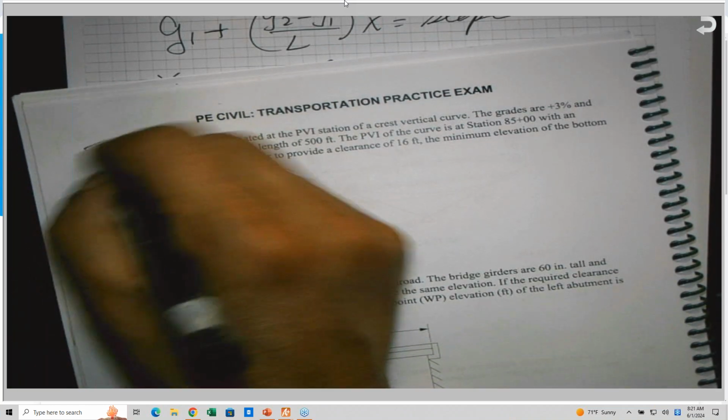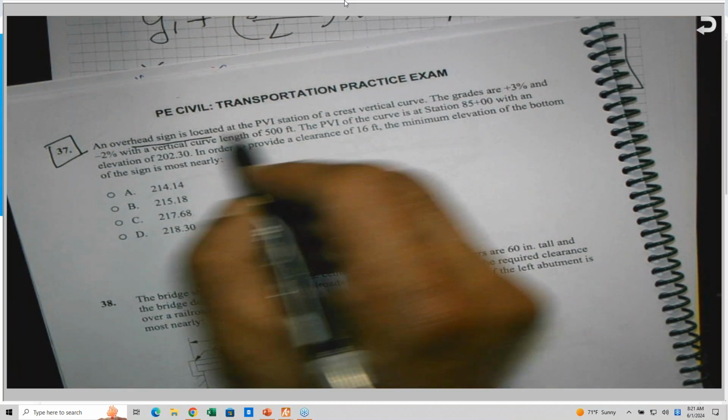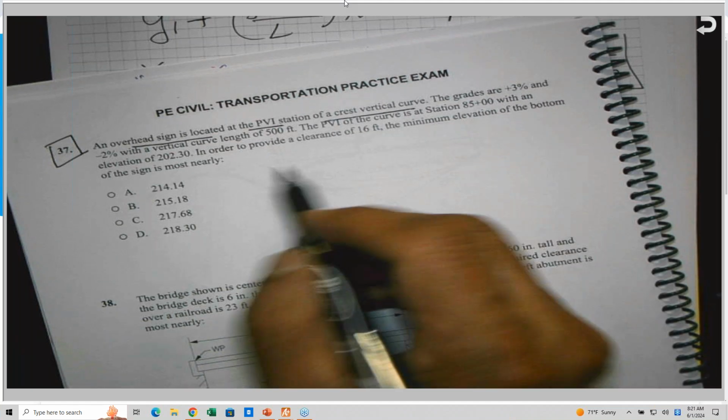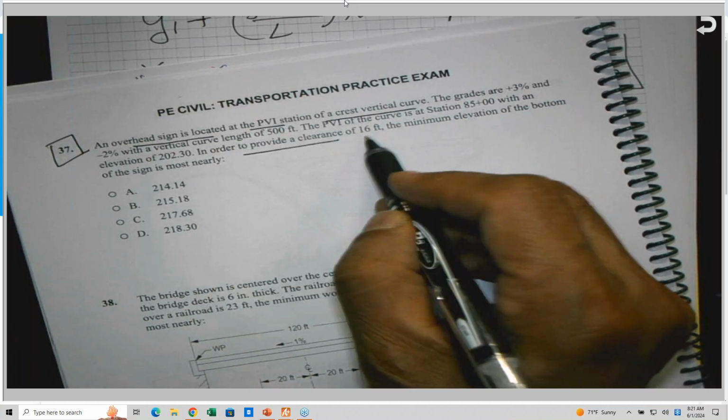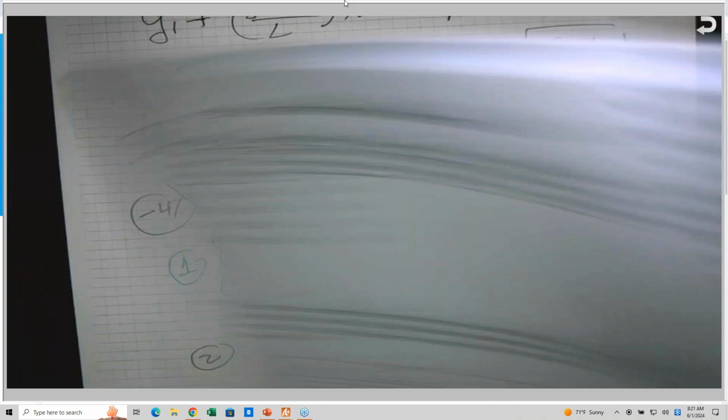Now here it is, problem number 37 of the NS. An overhead sign is located at the BVI of a crest vertical curve, and the grades are given in order to provide a clearance of 16 feet, the minimum elevation of the bottom of the sign. This is exactly what I'm talking about. Okay, so